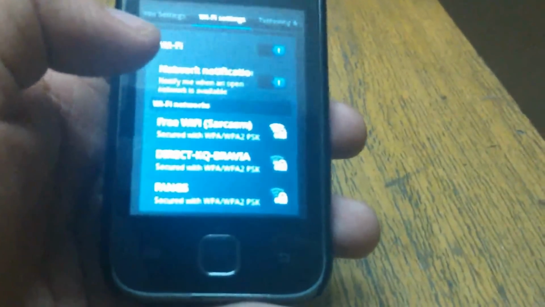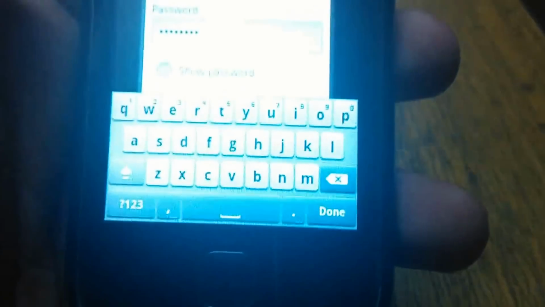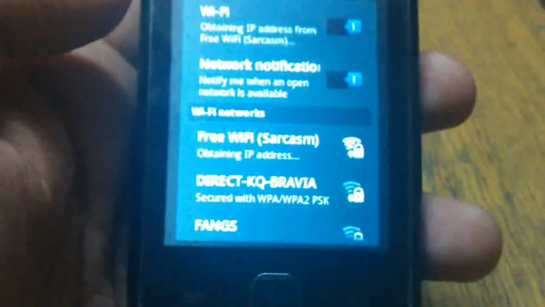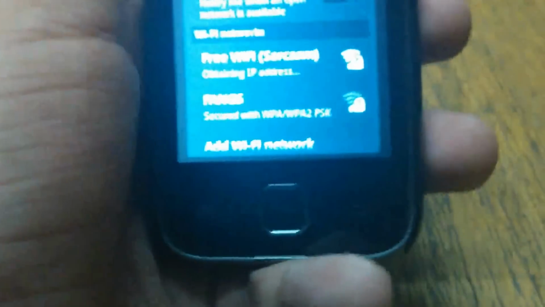So I just have to connect my Wi-Fi network to see if everything works fine or not. Let's just pause the video for a while. Okay, now just put in my Wi-Fi password. Okay, so here it is. Here's the keyboard here. You can see the Hyperion X keyboard, and here's the framework. So let me just connect to my Wi-Fi network and see if browsing works perfectly or not.